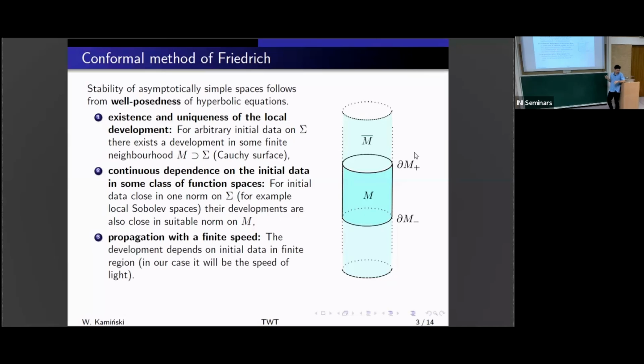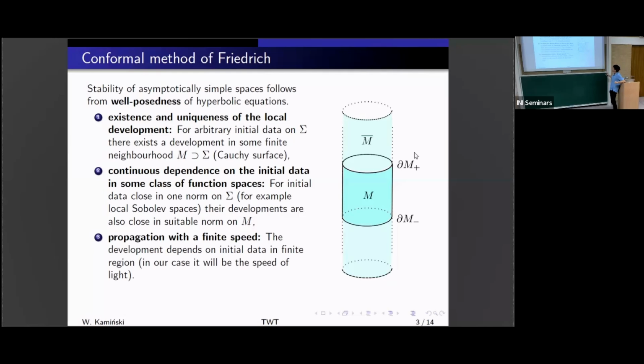And this is a very simple argument. That's why I will maybe tell about it. So the point is, let's consider de Sitter, for example. After a conformal compactification, de Sitter turns into something called the Einstein universe. And this Einstein universe has this darker blue part that is the physical space, the boundaries of future and past Cauchy surface, and the non-physical part.